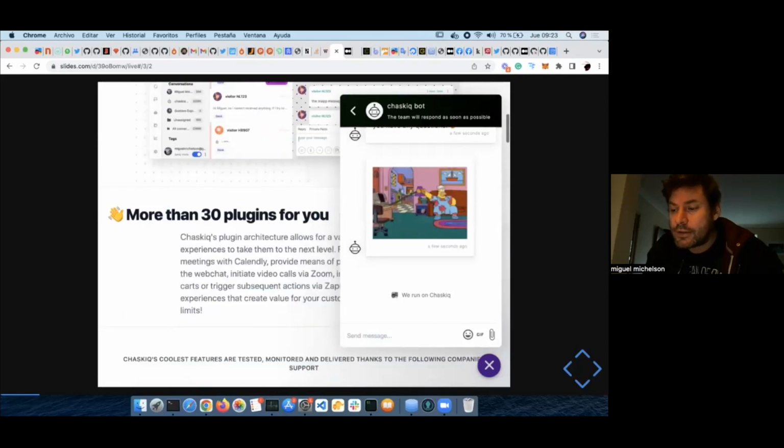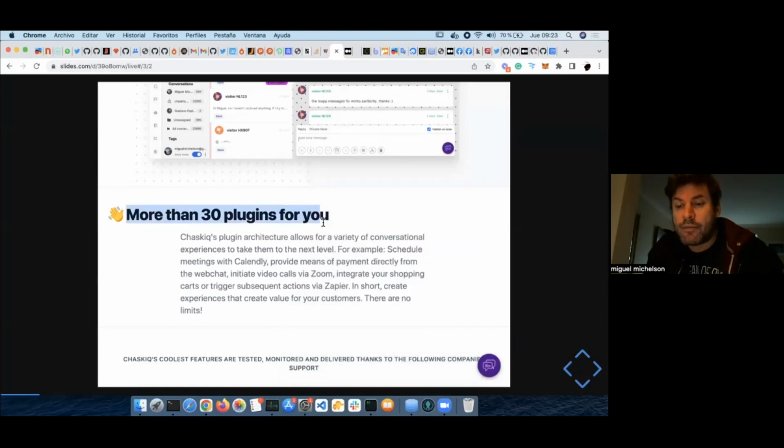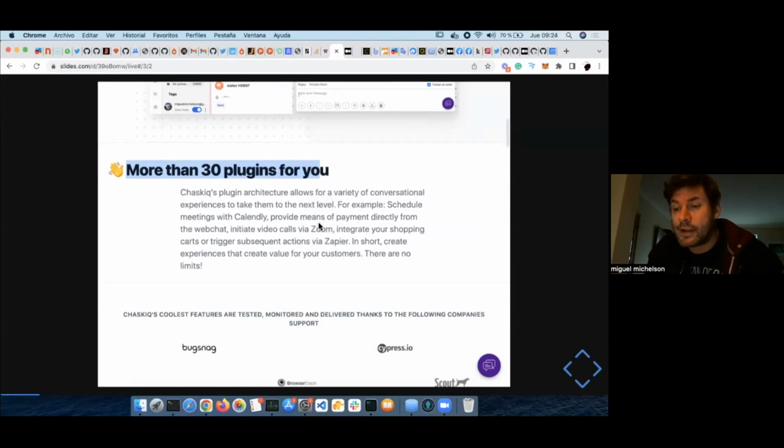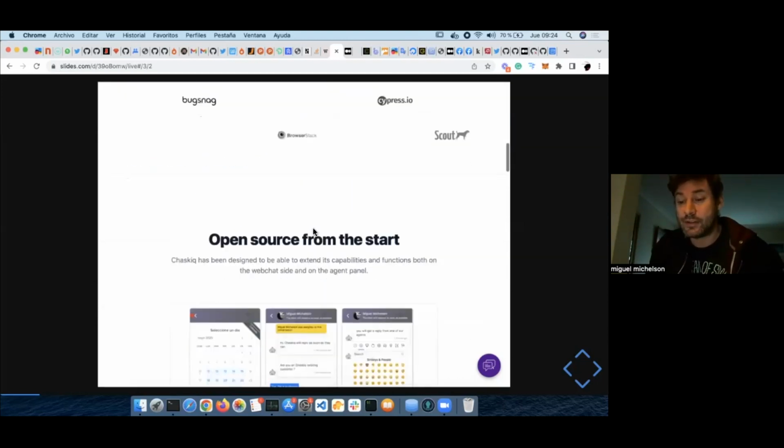And it has many functionalities underneath. You can have more than 30 plugins to connect with various channels or conversational experiences. So it has an integration with Zoom, Calendly, Zapier, WhatsApp, Facebook, and you name it, Slack channels and all that stuff.